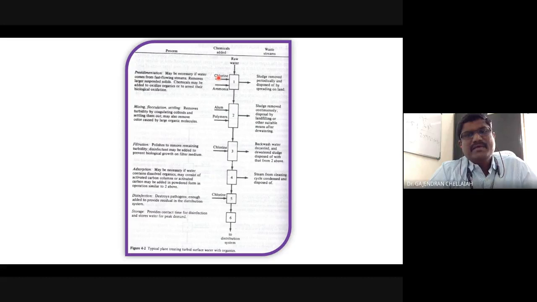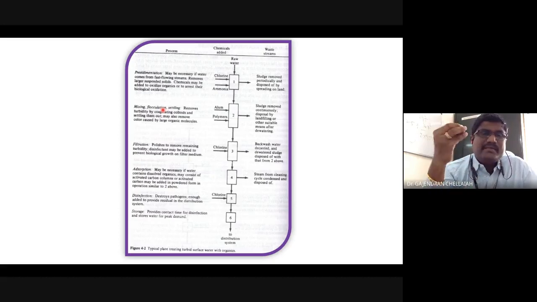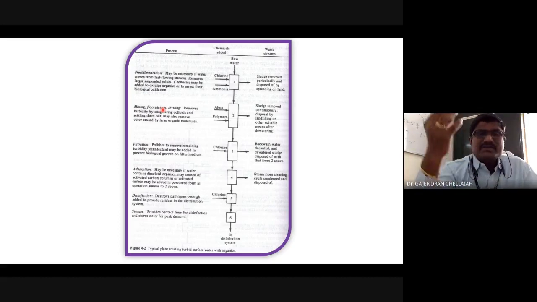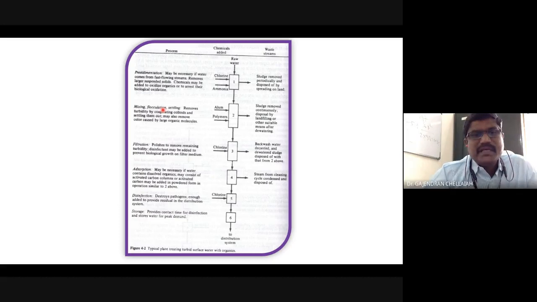Okay, it will enhance the process, and then we have mixing, flocculation, and settling in the next stage. Mixing is mixing the chemical with the water, and then flocculation will take place, so floc will be formed. This floc will make it easy for some settleable solids to settle down. Some suspended solids can be settled by adding chemicals, alum kind of chemicals. In some cases, you will make it a floc which will float on the surface, and from there we can remove it.